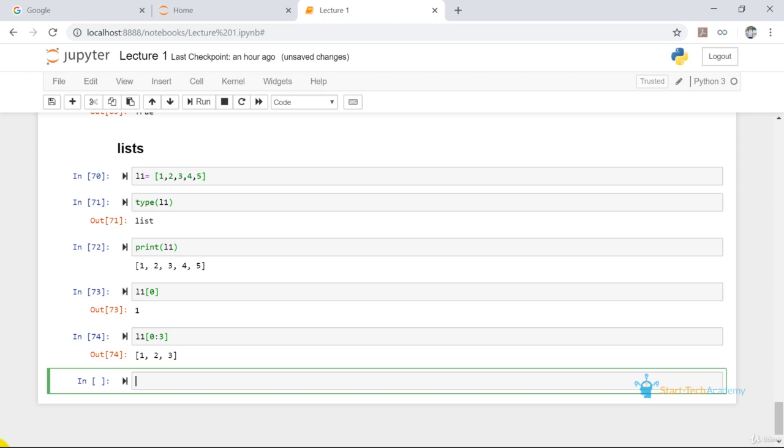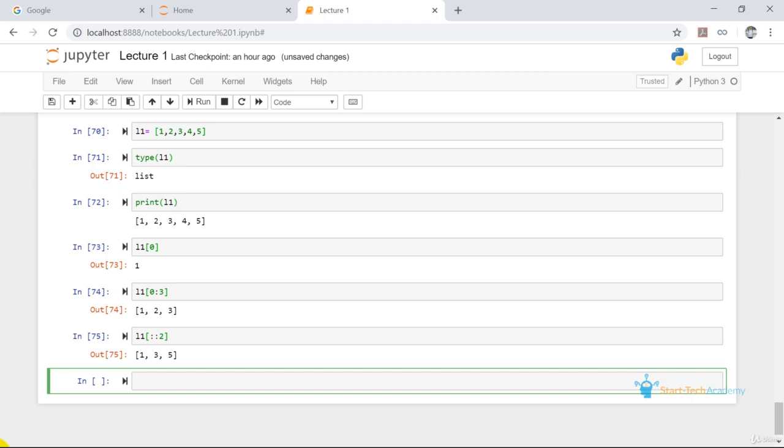So if I write L1, now if I want to select all the elements, I will just write colon. Then I will write another colon. So the first argument was for the starting location, the second argument was for the stopping location, and the third argument is for the steps. We are not giving a starting and stopping location since we want all the elements. And now we are defining step as 2. So it will give me all the alternate elements of my list. So again, it is ignoring 2 and 4 since we provided a step of 2.